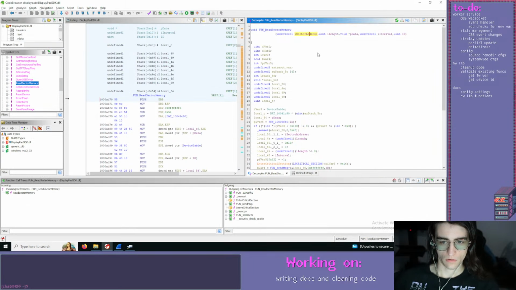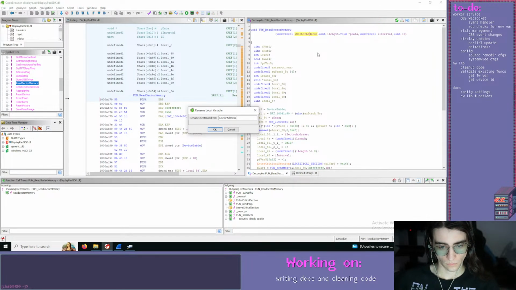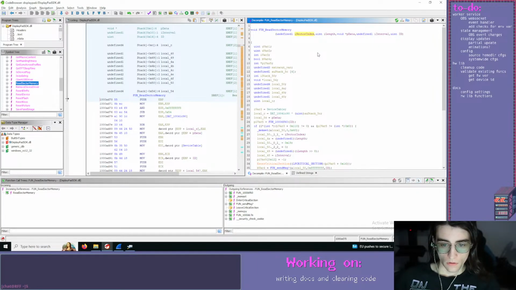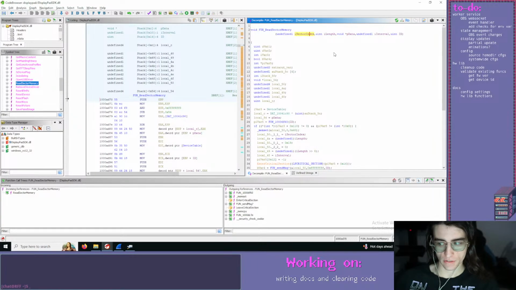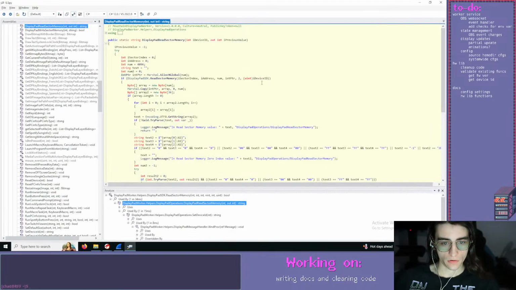Okay. Let me rename this sector index, and then the uint is an I-length. What is sector index? These are all integers, at least as far as that's concerned. I-length, and then